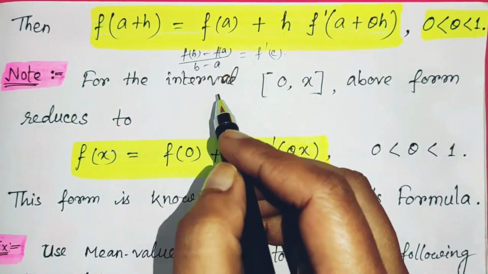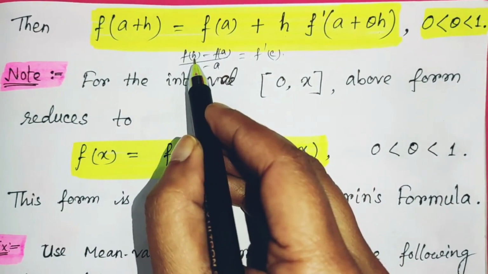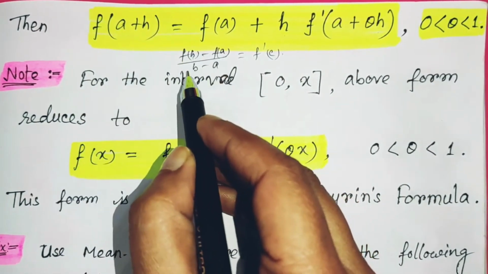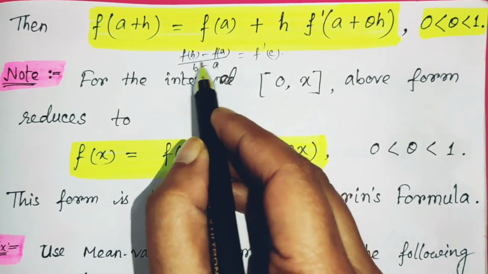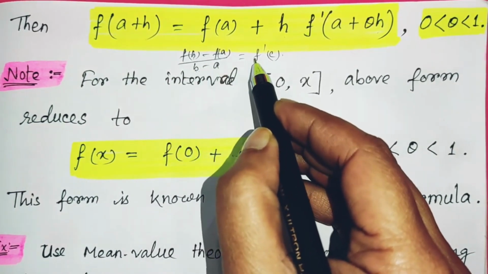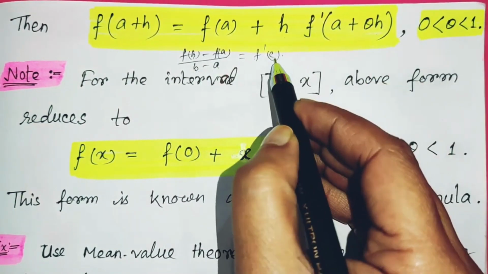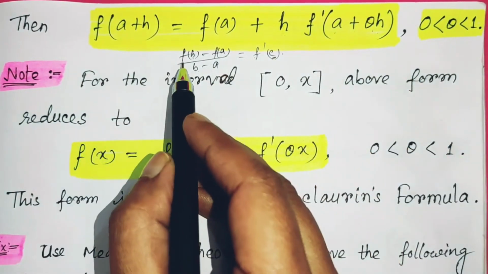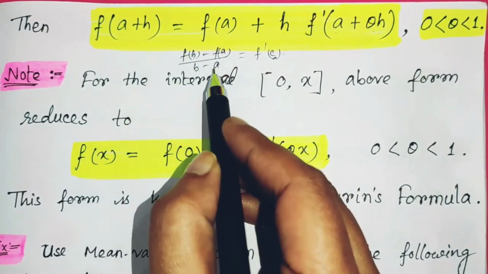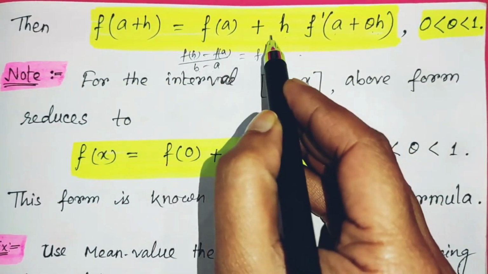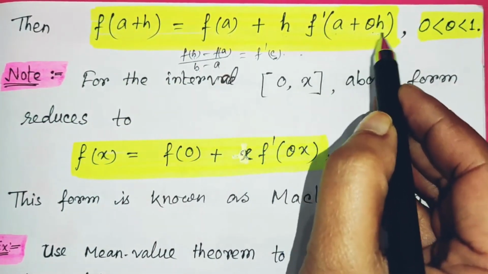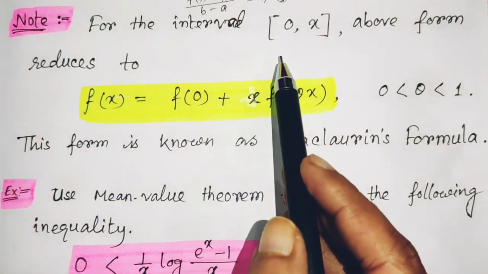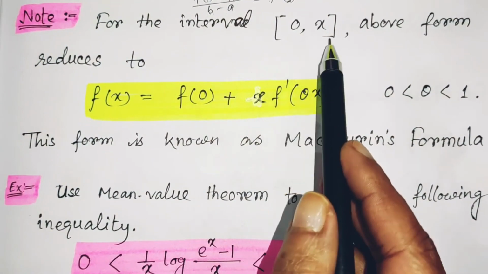Now what happens here? F of b, instead of b we substitute a plus h, so that we will write down here also a plus h, so it is only h. So that h if we multiply we will find out this term. Instead of c we substitute a plus theta h. Now we can write f of a plus h is equal to f of a plus h into f dash a plus theta h. So now instead of the interval, if again we change the interval as 0 comma x,